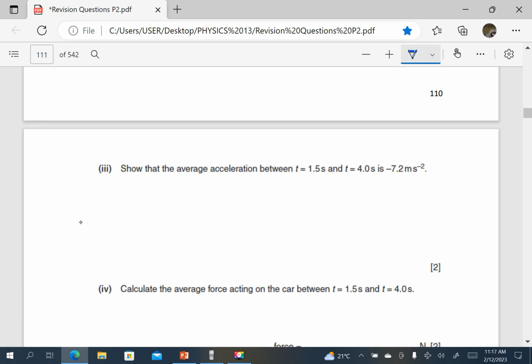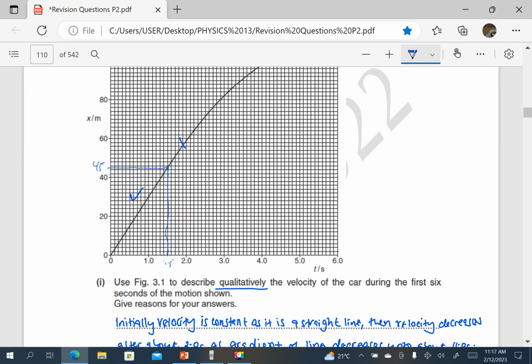Show that the average acceleration between t equals 1.5 and t equals 4.0 seconds is negative 7.2. So at t equals 1.5 seconds, we have seen the velocity is 30 meters per second. All we need is to find the velocity at 4.0 seconds. From the graph, velocity at 4.0 seconds,